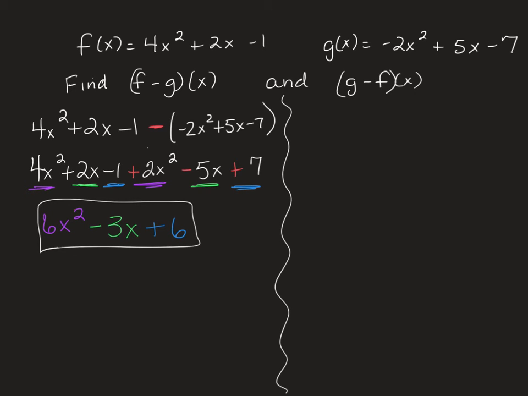The part over here, what I want you to see as the difference is, this one I'm asking you to do f minus g. This one, notice the order's changed. Now it's g minus f. That means I'm going to take the g function and write it first. So this is negative 2x squared plus 5x minus 7, minus, and this is going to be the 4x squared plus 2x minus 1. All right, so now we're going to go back in and we're going to say, okay, so this doesn't change